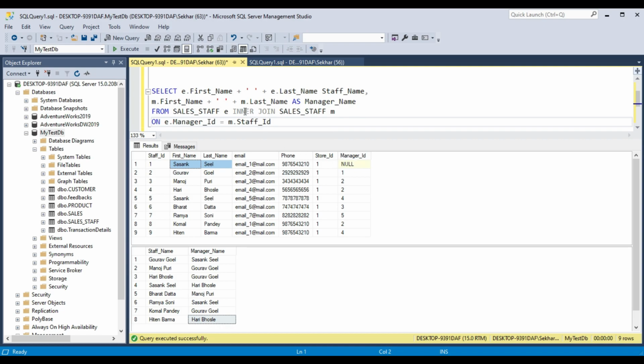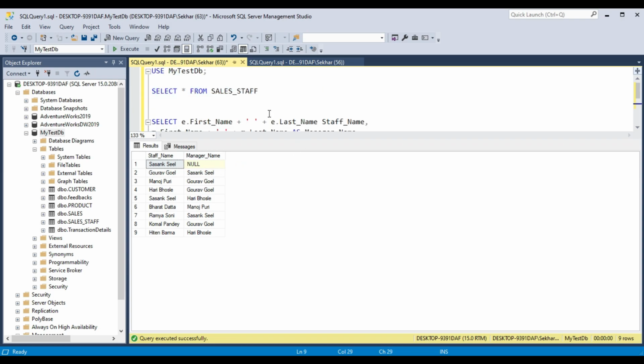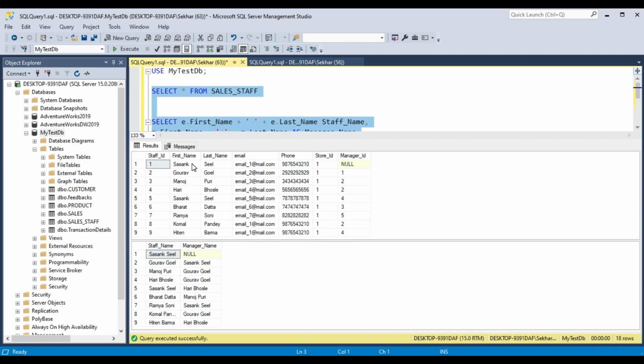To avoid that, instead of inner join, we can use left join. If you do left join and run our query, now you get Sasank Sil's record also, but his manager name is null. That is correct, because in our sales staff table there is no manager for him; he is at the top of the hierarchy.